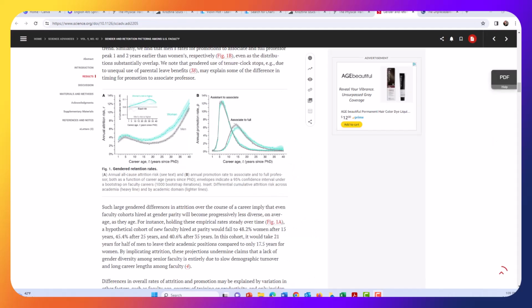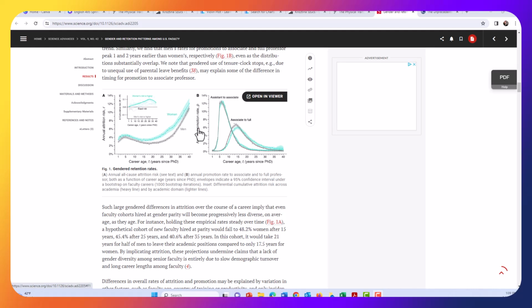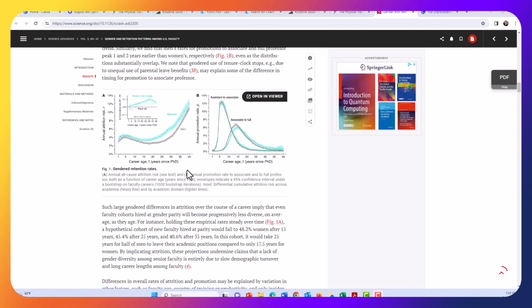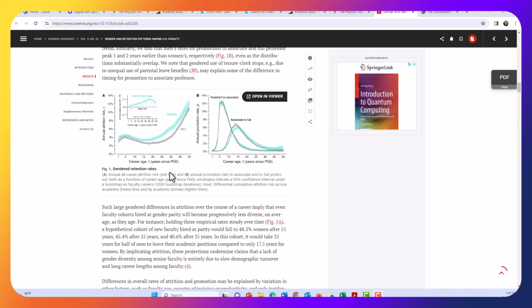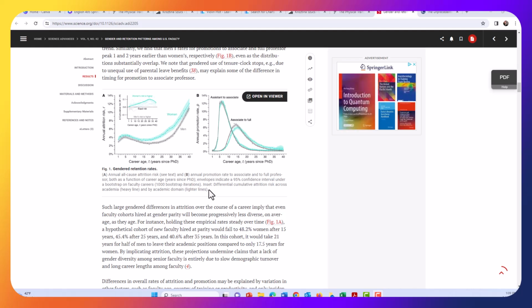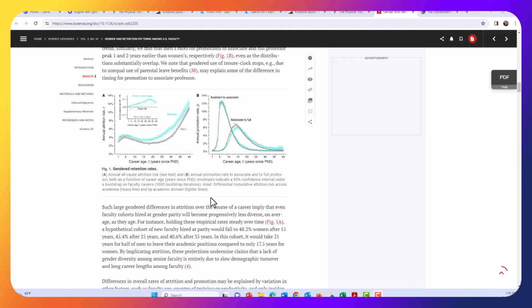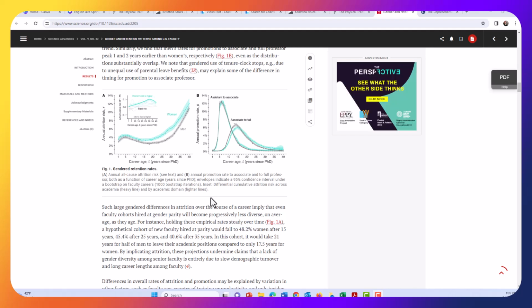Here's an example from scientific publishing. In this article from Science, we can see that this figure graphs proportion rates among faculty and attrition risk. The writers have used blue here to differentiate between faculty who identify as women and faculty who identify as men. They've also added text labels and an inset graph here that clarifies a trend. They've also provided a caption. The caption doesn't simply identify what type of graph it is, but communicates or summarizes the main trend or insight